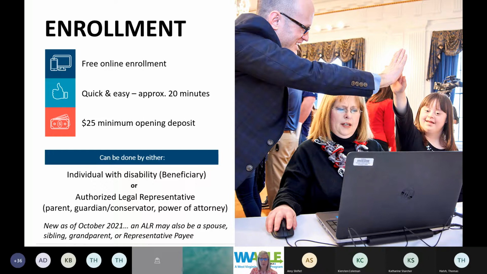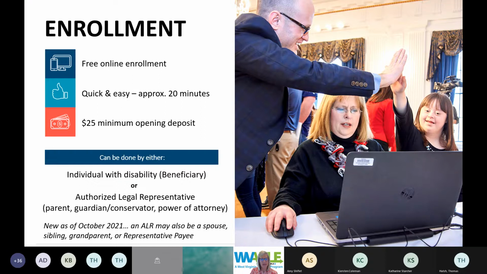So this could be anyone that's willing to serve in this capacity on behalf of the beneficiary. And know too that the power of attorney is limited to the WVABLE account.